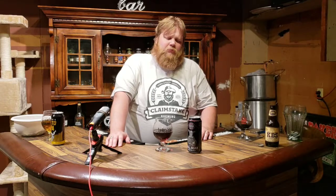It doesn't matter if this is cold, ice cold, or at room temperature. It's got full flavor, good taste. But with that being said, before I say what I was going to say, this is going to get a strong 3 beards. It may deserve a 4, in my opinion, because it is just so incredible. The flavors, the maltiness. But we determined, and I say we, but you only see me, but the other folks behind the camera,